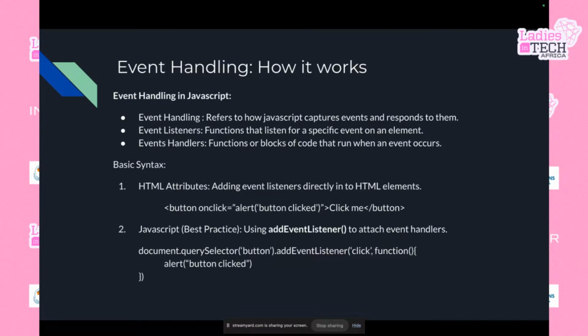So now we have a lot of functions to select in JavaScript. We have querySelector, which is a perfect example right here, to select the button,